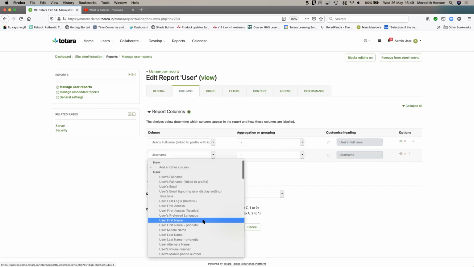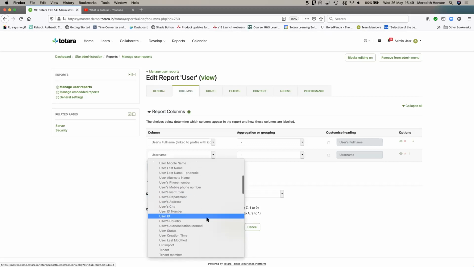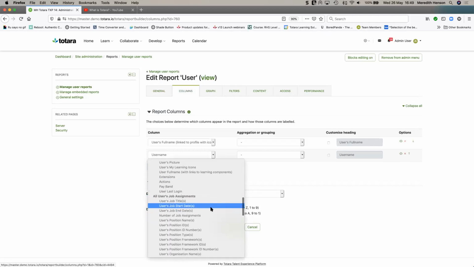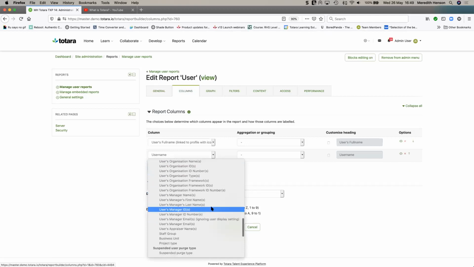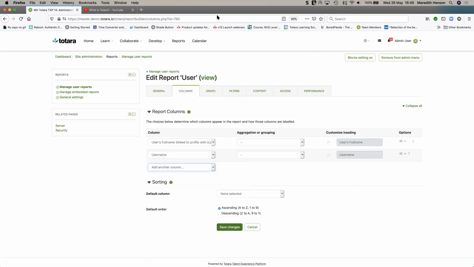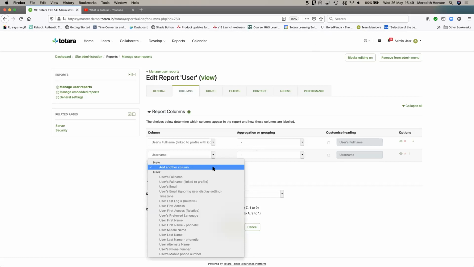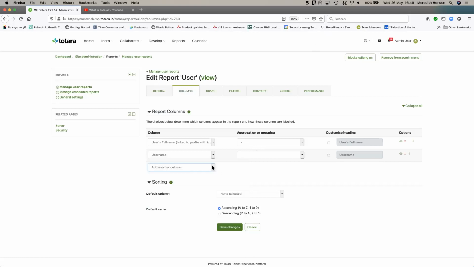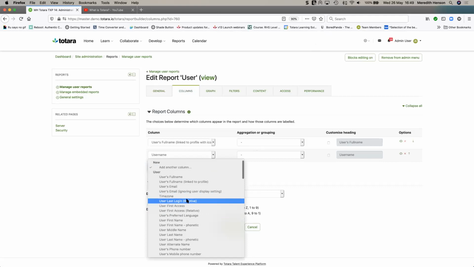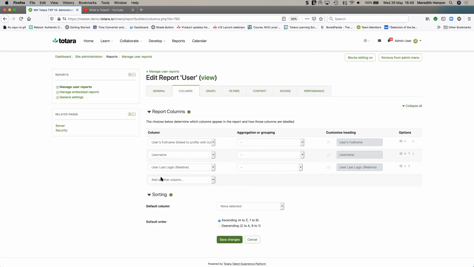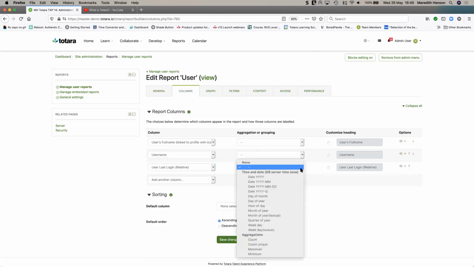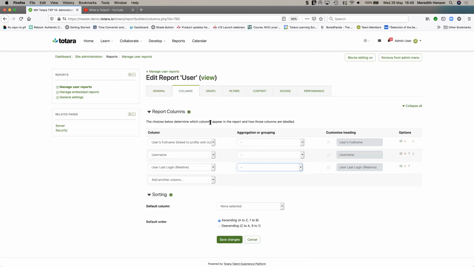And you'll see as I click on them, because this is around users, I see a range of user information that I can add to this report, and there's quite a lot of options. So depending on the report source you select, you'll have different columns and information available to you across the site. And if you select, let's see, I'll add last login back in. If you've got date or numerical based information, you can also set how it's displayed or how it's aggregated across the site.